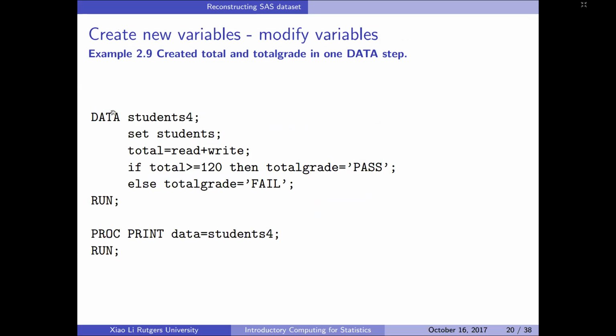We create a new data set called student4 and also set the student data set as before. We first create the new variable total, which is the sum of the students' scores. Then we follow it by a new, different if statement, and we create a new variable called the total grade. Here we can see in this data step, we create two new different variables. In our new data set students4, we add a total variable and also the total grade variable to the old